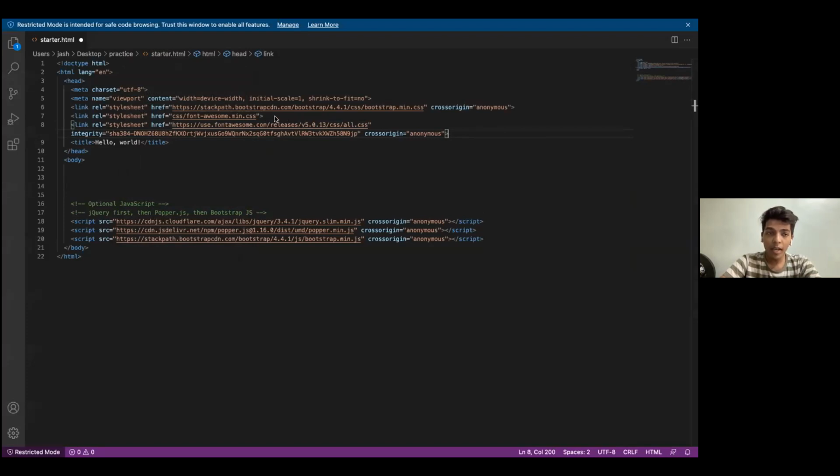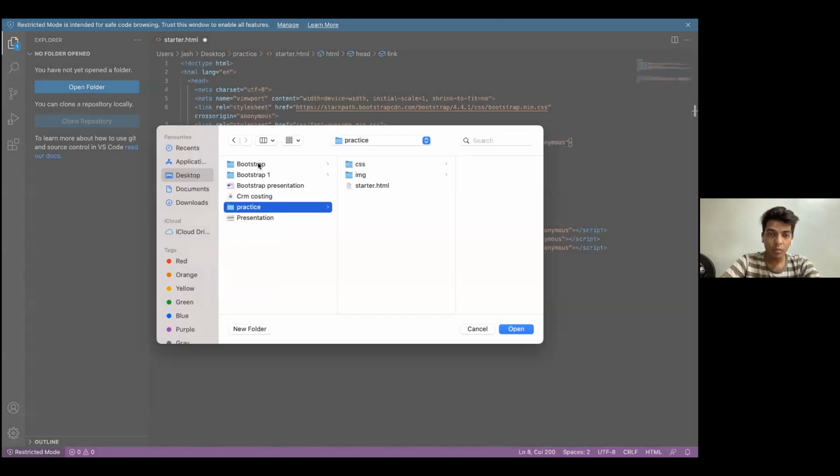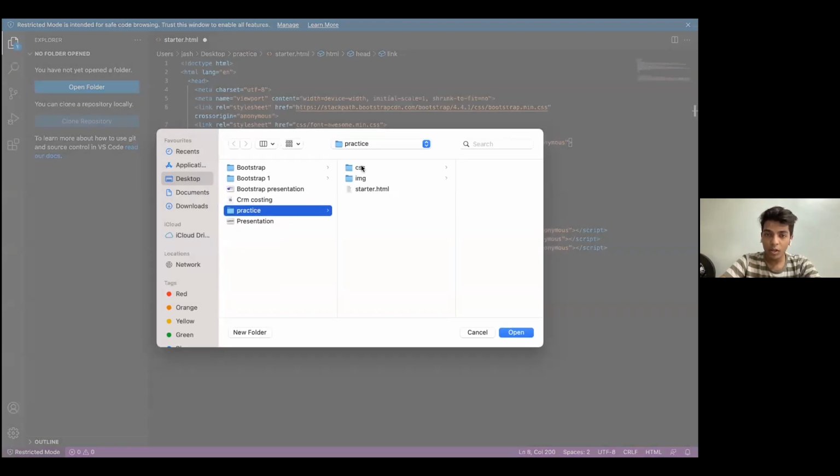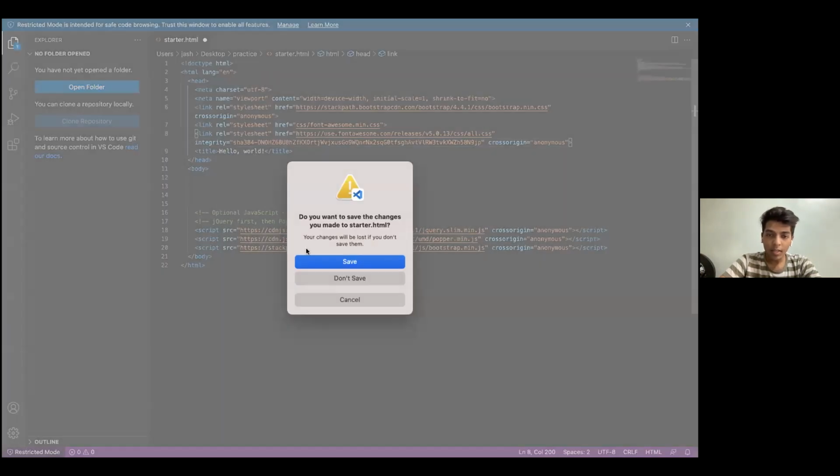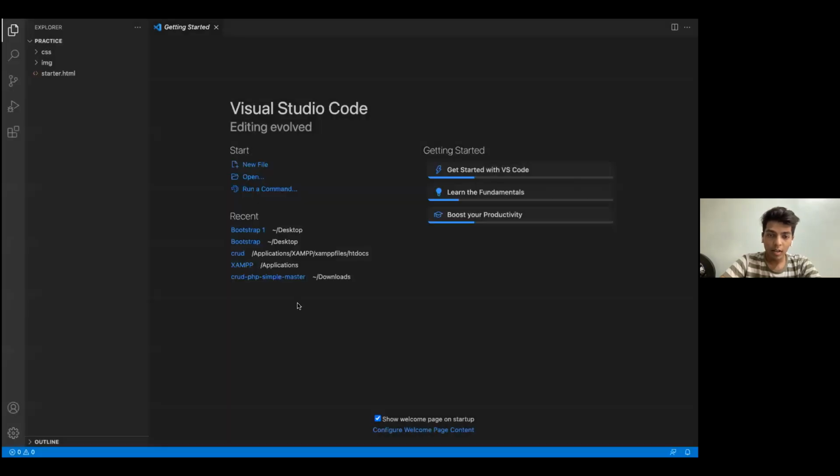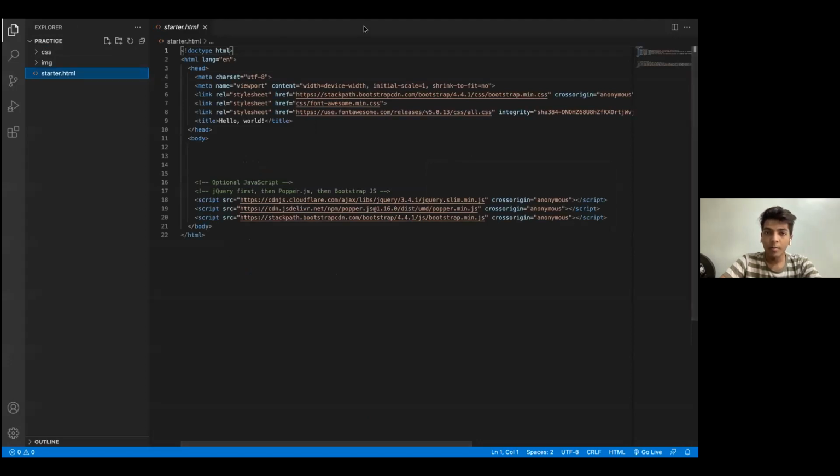One more thing that we have to do is make our style sheet present. Firstly, we open that folder up. So open folder, select that practice folder. Here is the CSS folder, the images folder, and the starter.html template. I'll open it, and yes, I trust the authors, and it is open.